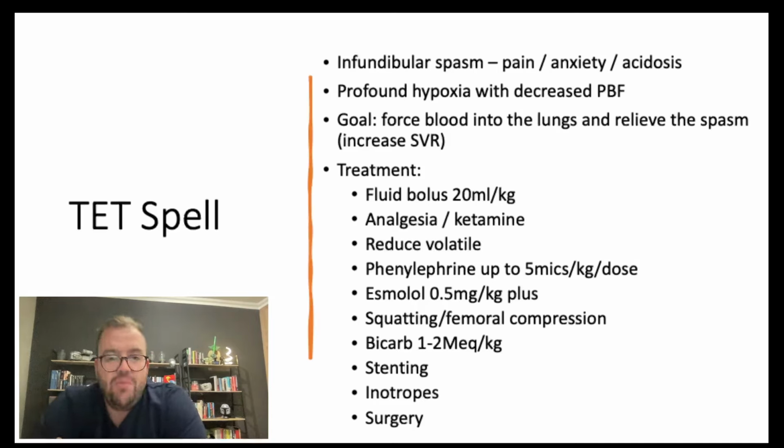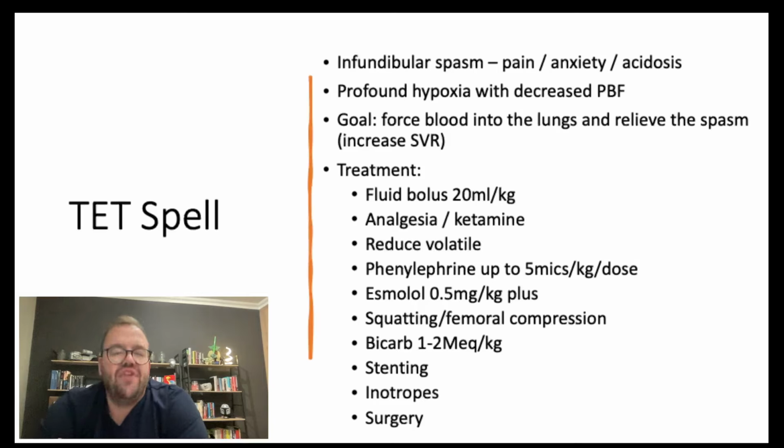So we give a fluid bolus of 20 mils per kilo. I give ketamine to make sure that they're not light and that they don't have pain, 2 milligrams per kilogram. I switch the volatile off or reduce it to 1%. Phenylephrine, 5 to 10 micrograms per kilogram per dose every 1 minute. Esmolol, 0.5 milligrams per kilogram per dose every 5 minutes, and that relieves the